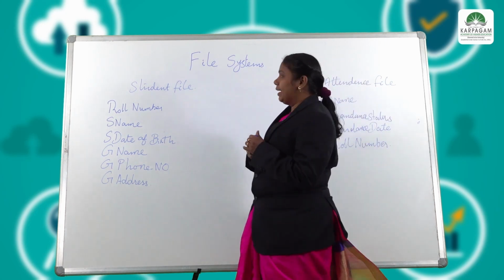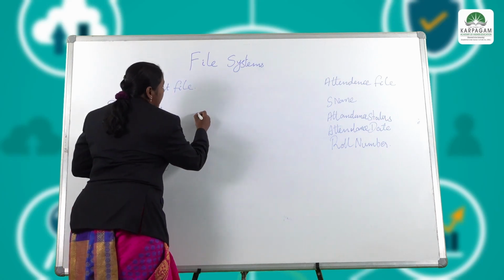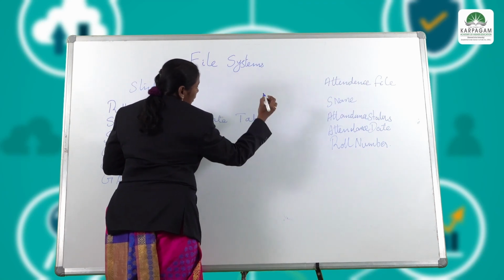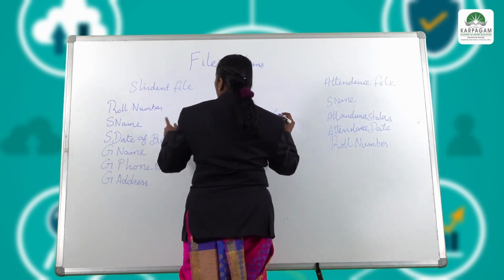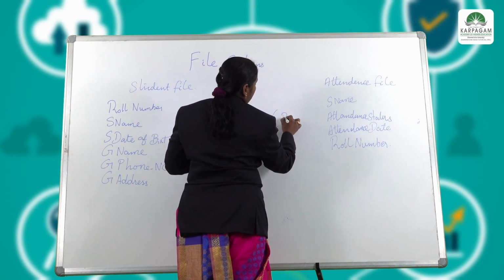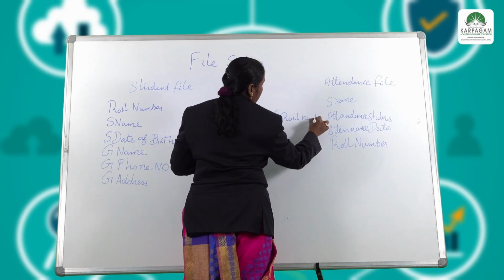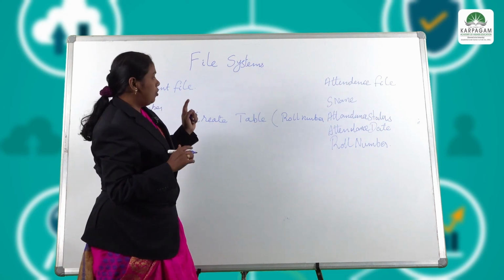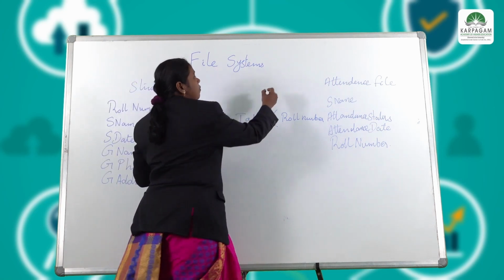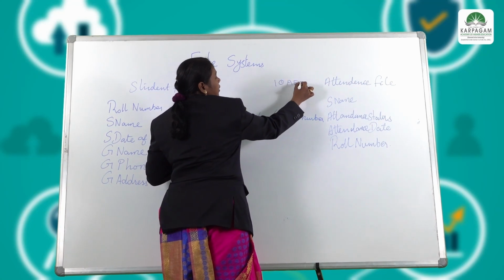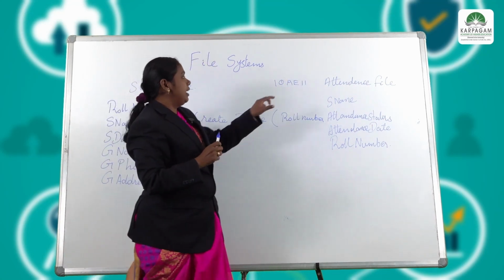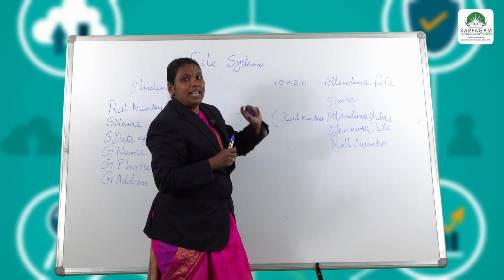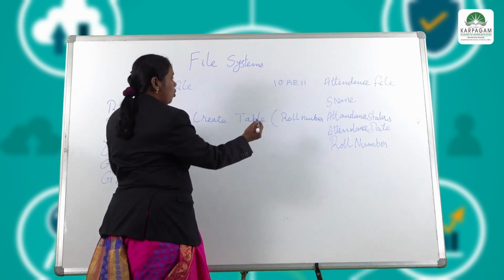For example, we can write one of the queries. For example, create table. Inside the table, first roll number. We can specify the data type of roll number. The roll number is like 10AE11, so like that. There are numbers and characters available in the roll number, so we have to use the varchar data type. Roll number